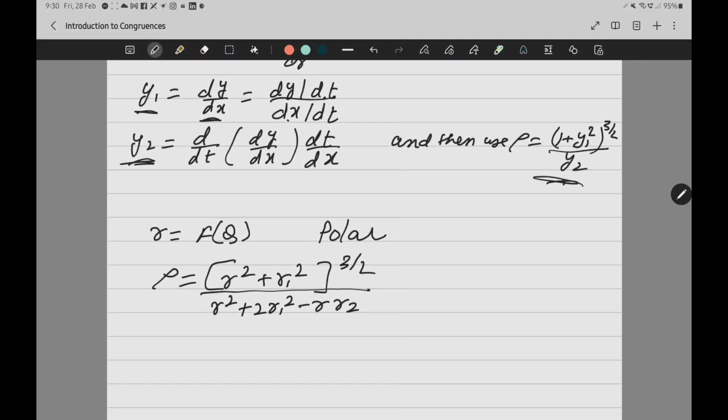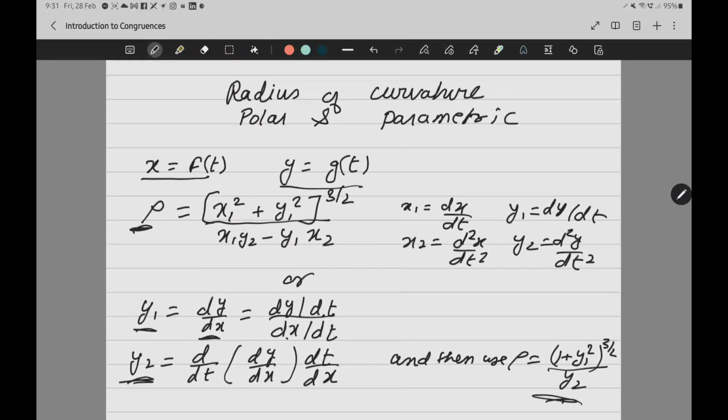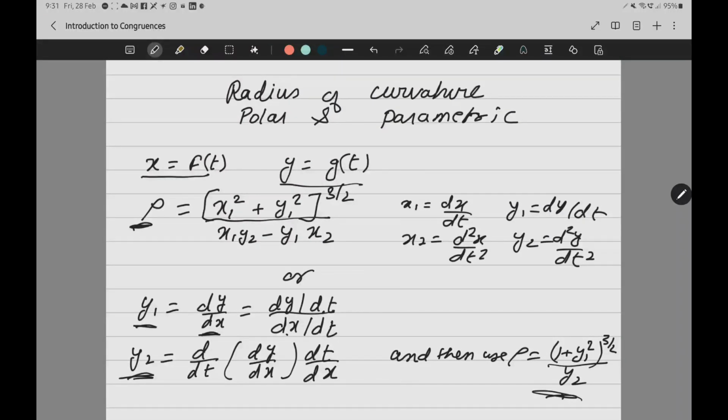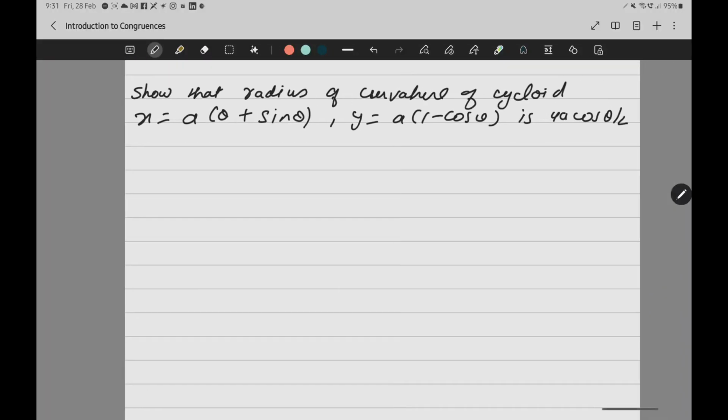Then the second one is the polar form, when the relation is given between r and theta. So this is the formula. While doing the polar form, keep two things in mind. The very first thing, keep r as r only, so that your whole solution will come in terms of r, and at the end we will replace, because many times r will get cancelled. And the second thing, it is always advisable to find r1 first. You take log and then you solve, right? Now I will do a few questions so that you will get the idea and understand what I want to tell you. Okay, let us start with the first question.